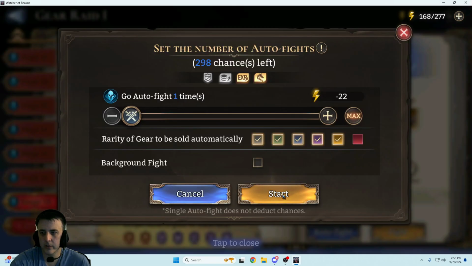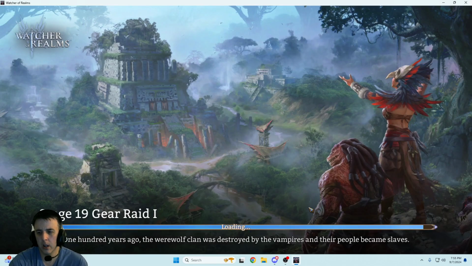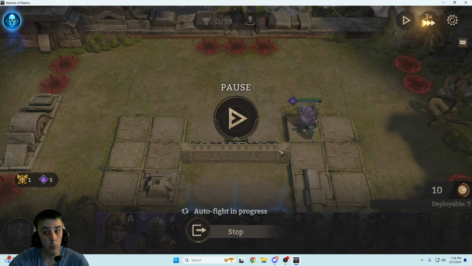I'm going to auto fight this just so we can see. I'm going to pause it a couple times throughout the fight. So obviously you're looking at a different board setup. You're only looking at one wall that you're working with this time around, and you're still working with a lot